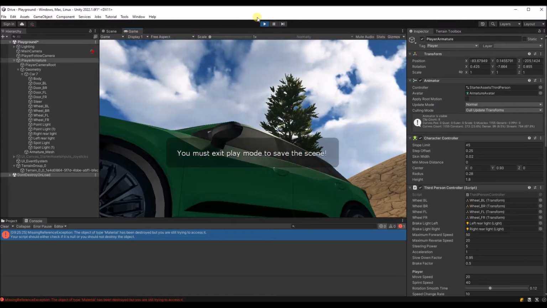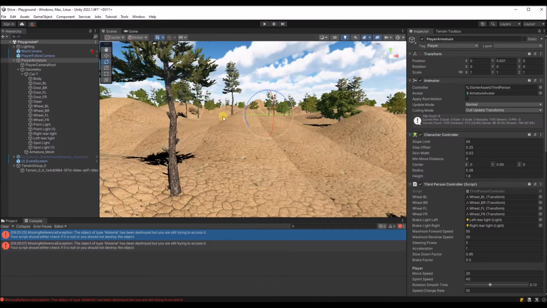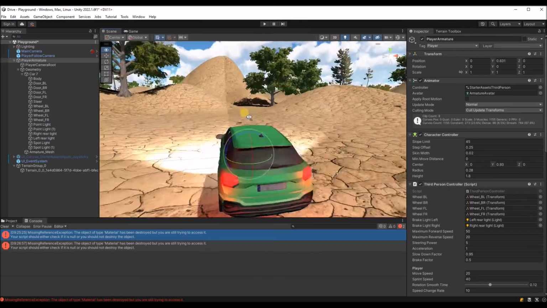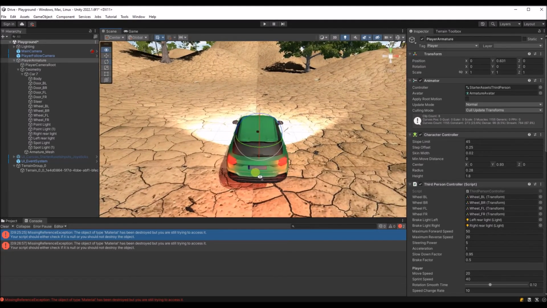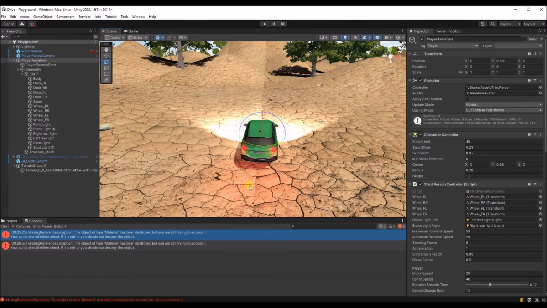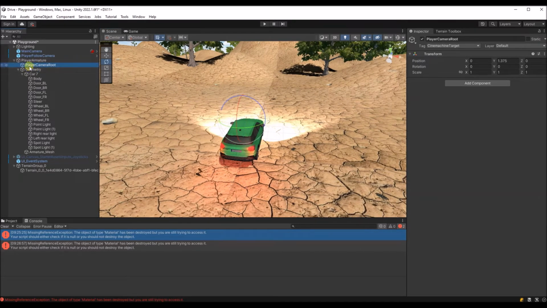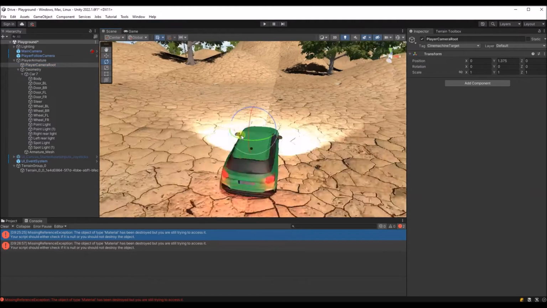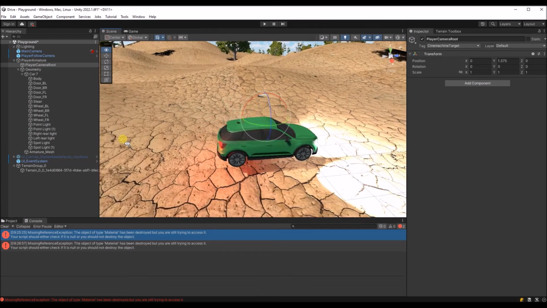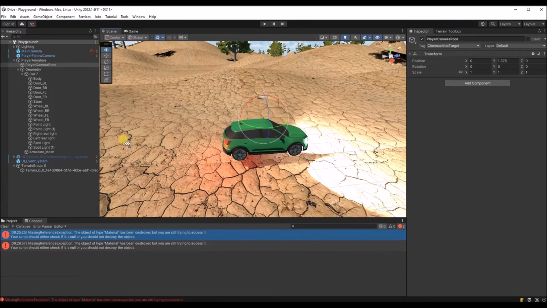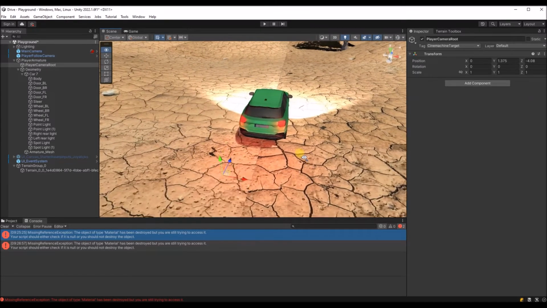So let's just have another look at the car and see what I mean. I want the camera to be somewhere over here. We have this player camera root object already created. The root is over here at the moment, but I think it should be somewhere over here. So that's the position of the camera